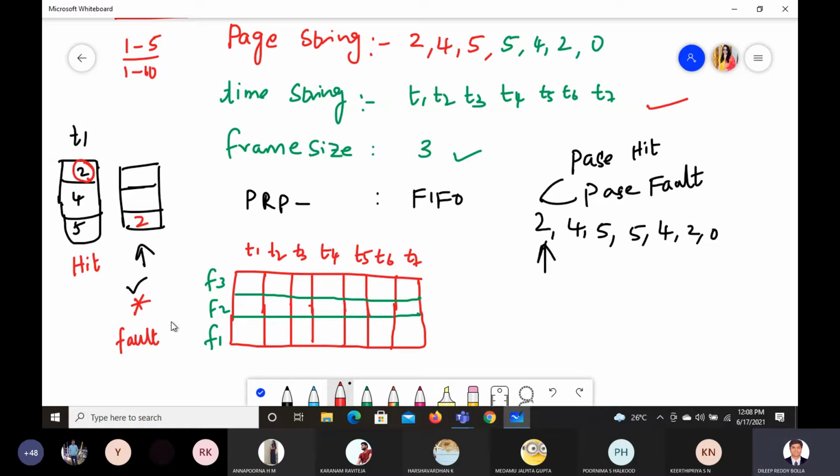Okay, so we can use any of the terminology. What we can do is you can use hit and star here for reference, because finally we need to count what is the count in page hit. They are going to ask you what is page hit and what is the total number of page faults. This number they may ask you, or the percentage they'll ask you. I'll show you that later.